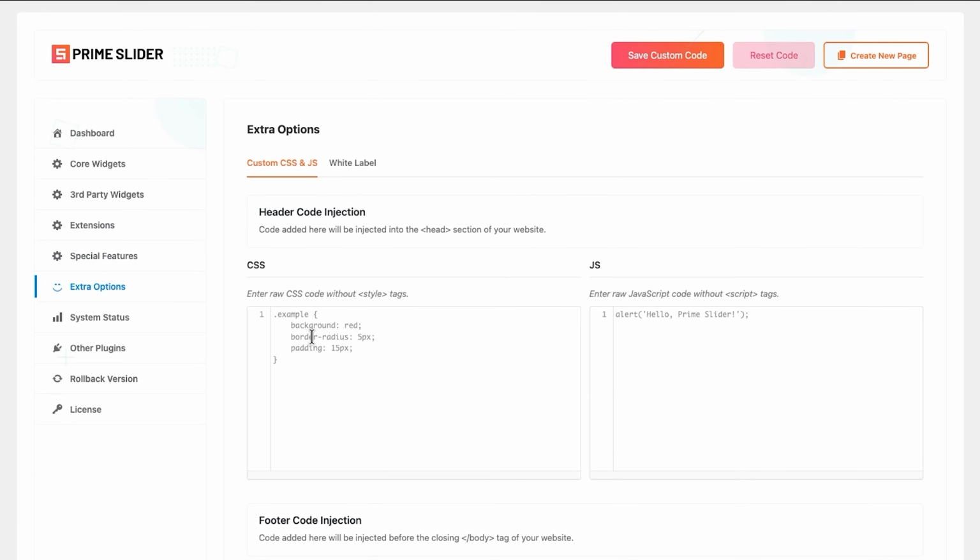The first area you'll encounter is the Header Code Injection panel. This space allows you to add custom styling or scripts directly into the head section of your site. Because the head loads early, anything you place here is ideal for global design adjustments or scripts that need to initialize as the page loads. You'll see two input fields, one for CSS and one for JavaScript. Any code added here will automatically apply across your entire site, making it an effective way to introduce consistent styling